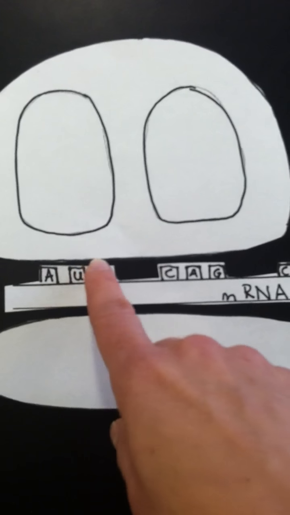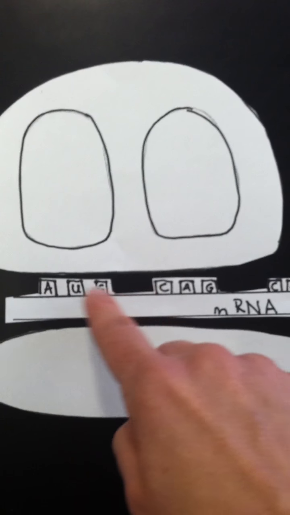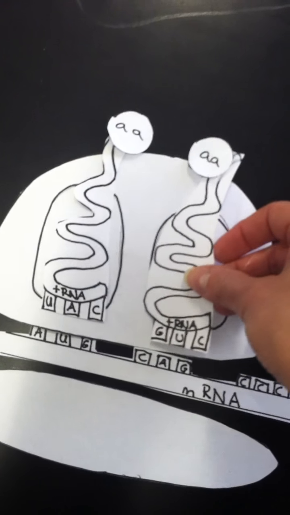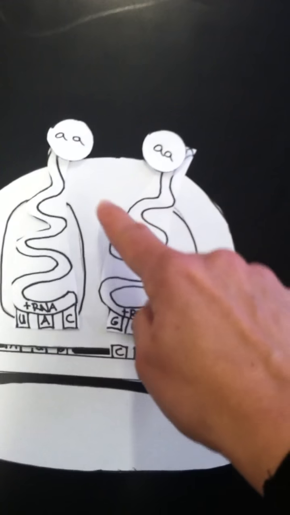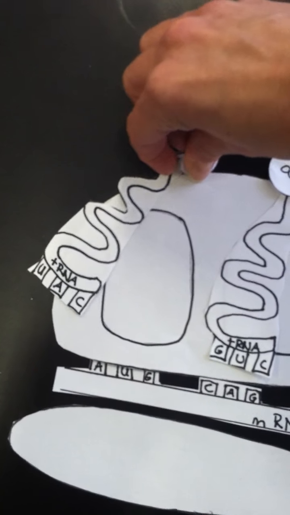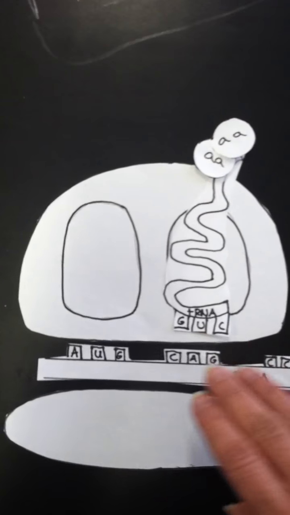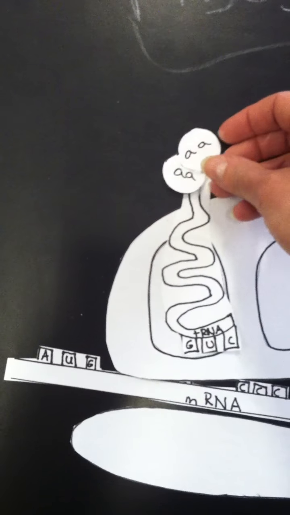So our first codon, which is these three bases together, AUG. The tRNA that matches AUG would be UAC. That's going to come from the cytoplasm to the ribosome. It matches up, and it brings its amino acid. The next one is CAG, and CAG matches with GUC, and it comes and it brings its amino acid. What will happen is the amino acid from the first one gets dropped off, and it attaches to the second one, and now this tRNA leaves to go pick up a new amino acid, and this moves down along with this on the ribosome,